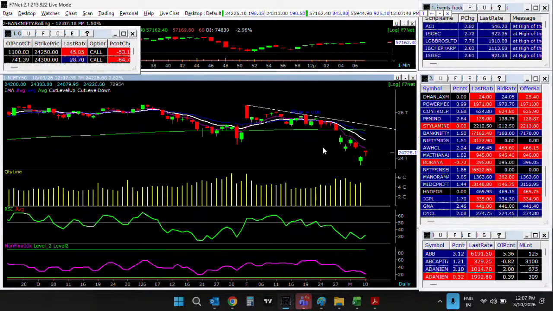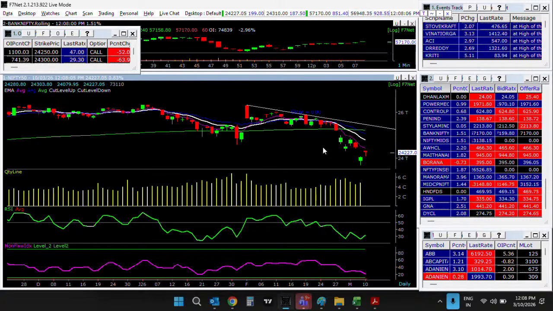So although we recovered sharply, the primary trend remains weak. But yes, if Nifty managed to close above 24,450, then we can say that a short-term trend has turned bullish from bearish. But as of now, short-term trend remains bearish. But yes, considering today's indicator, as we discussed earlier, long build-up and rising put call ratio on the back of put trading, this recovery may continue for today. But overall, yes, primary trend remains bearish for the Nifty as of now.